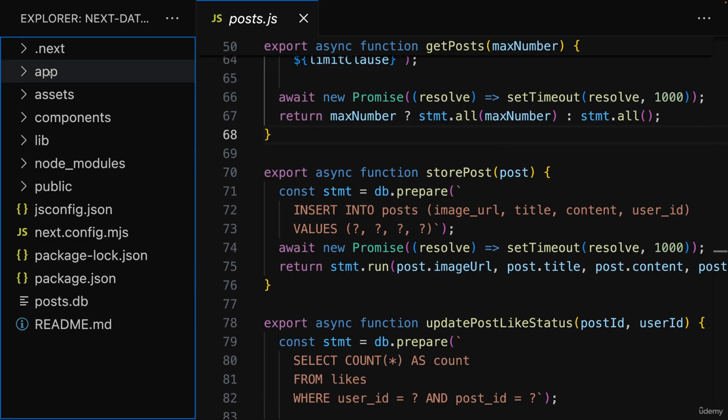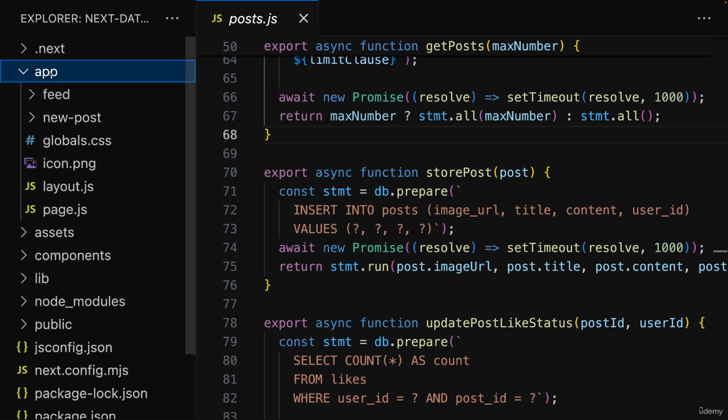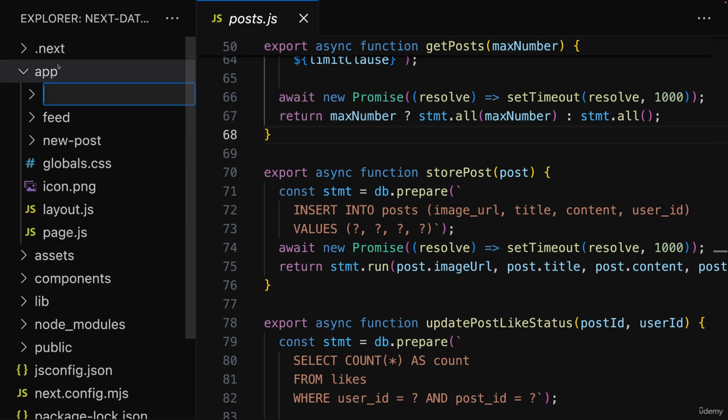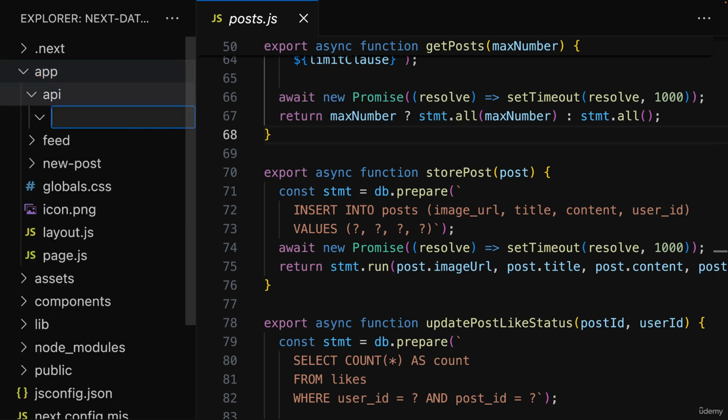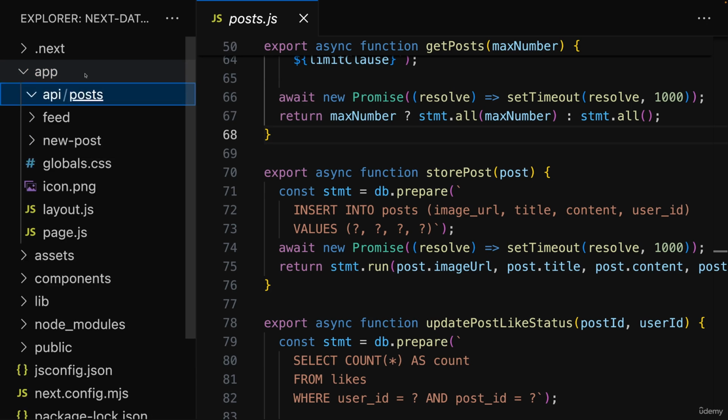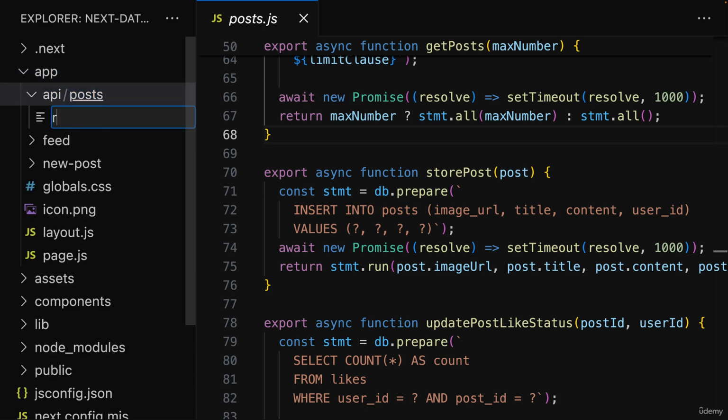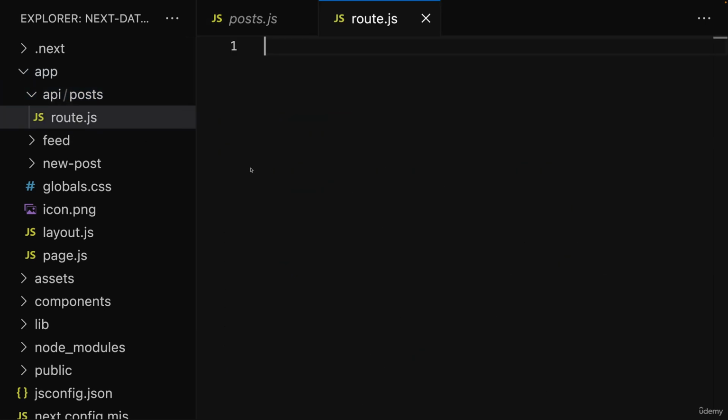Now, what we could do as an alternative would be to add some route handlers here in our project. We could, for example, in the app folder, add an API folder, and then there add a posts folder, or whatever you want to name it, and then in there add a file named route.js. I taught you about these route handlers earlier in the course already. In there, we could export a function called post, and with that, we would be able to send and handle post requests to